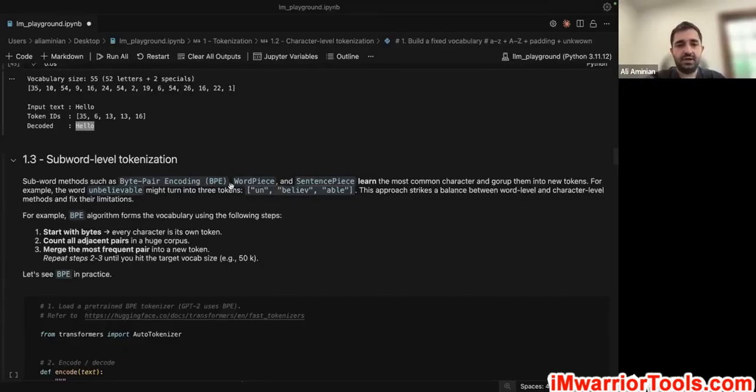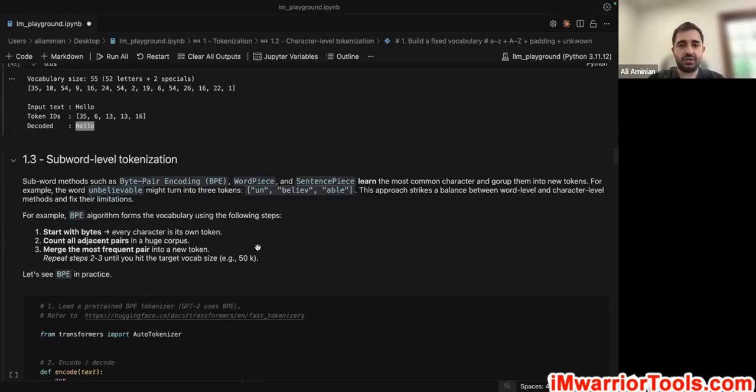The main idea behind it is to start from very small bytes or characters, and then iteratively merge the most frequent pairs. So it basically starts from every character as its own token. Then it counts the most frequent pairs in the corpus. If there are pairs that are very frequent, it merges them and creates a new token in the vocabulary. So it just iteratively increases the size of the vocabulary. And that's how many tokenizers get to